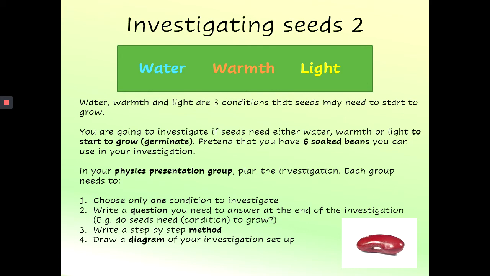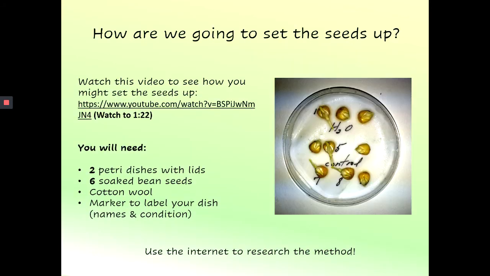And the third thing is you need to write a step-by-step method. For example, step 1, do this. Step 2, do that. And the last thing you need to do is to draw a diagram of your investigation setup, which I will explain shortly. So, I have put up a link to this video, which shows the kind of setup you would have in your investigation. And I want you to watch it up to 1 minute and 22 seconds, because what's after that is sort